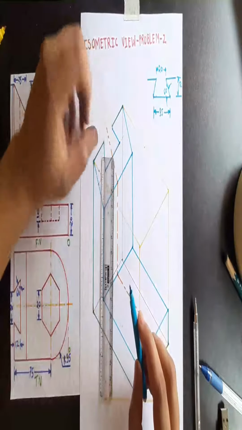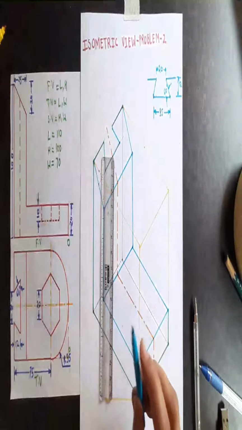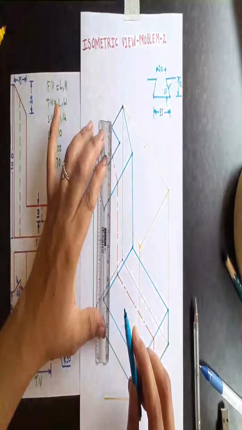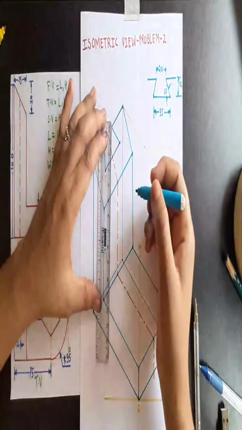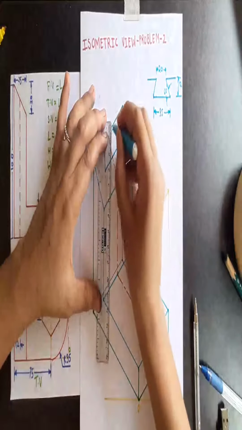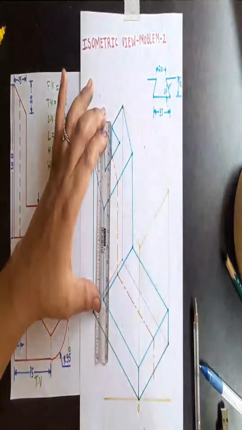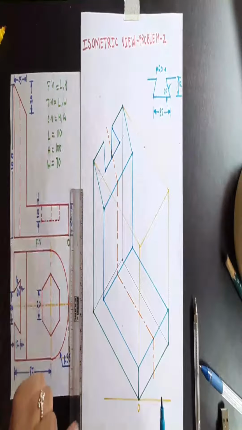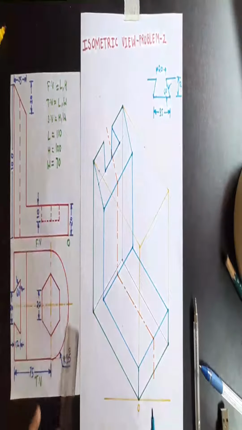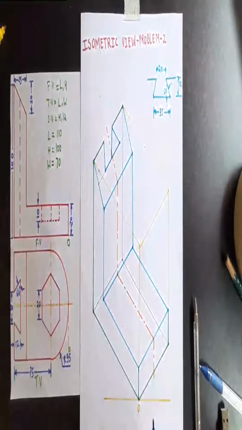But if I draw it from over here, what will happen? Only part of the line will be visible because this part is vacant. So only part of the line will be visible over here, that is only up to this one. Below it will not be visible because it will be on the back side. So in this manner you can complete the slot.